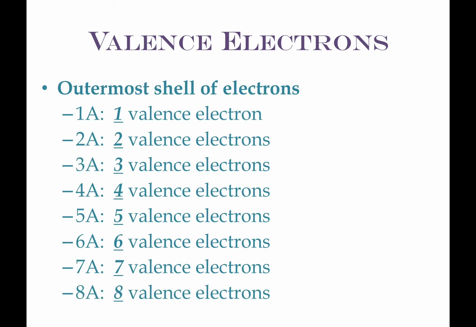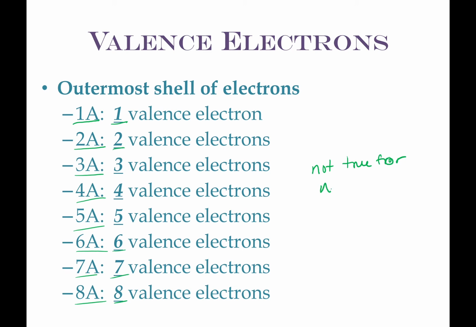How many valence electrons do we have? Well, this is where our English system does something correct for once, the American system, I should say. Group 1A has 1 valence electron, 2A has 2, 3A, 4A, 5A. So using the A system, the AB system, which is what we use, groups 1 through 8 have the number of valence electrons of whatever their group number is. 6 is 6, 7 is 7, and 8 is 8. So you can just look at the group number and say, oh, that's in group 7, it has 7 valence electrons. This does not hold true